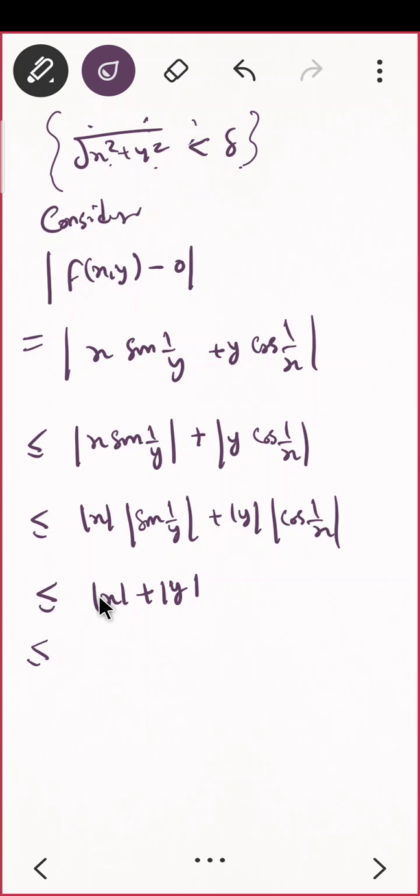I have already told you, this is mod x, so what can we do with it? Can I write this as x square and this as y square? Okay, now you should answer. Yes, can I relate with this now? So look at this term. Is this term less than equal to this term? That means at the place of this, can I write x square plus y square?